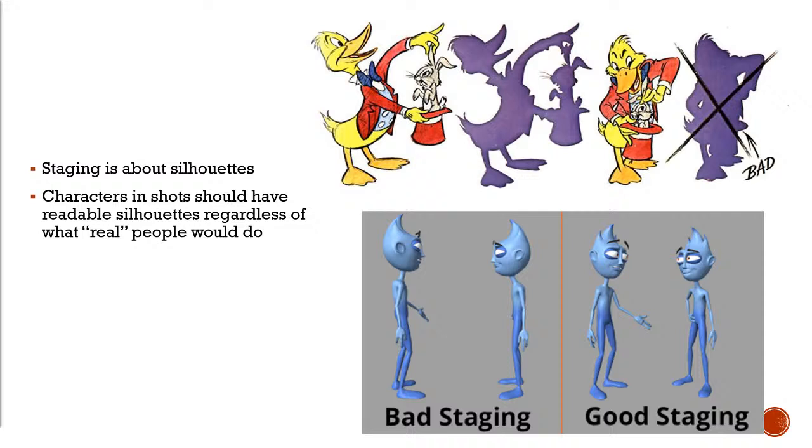And the other thing with staging, and I have an example of some 3D characters, in addition to, remember, we are representing, we are not simulating. In real life, if you're talking to somebody, you'd stand straight in front of them. You would not be turned towards a camera, right? But you want to turn your characters towards the camera a little bit, even if they are talking. That's not necessarily how things happen in real life, but it communicates the idea of talking better, and you see the characters better. I hope that makes sense.